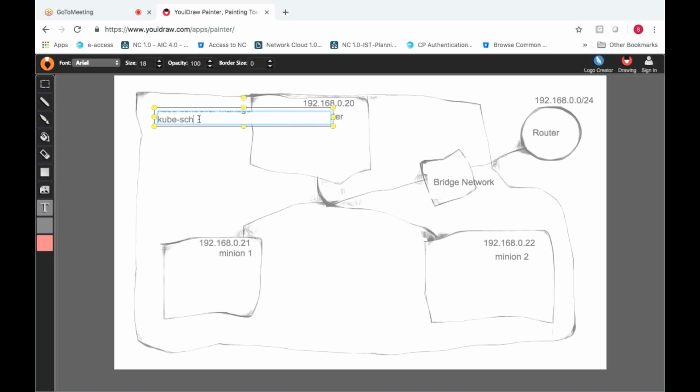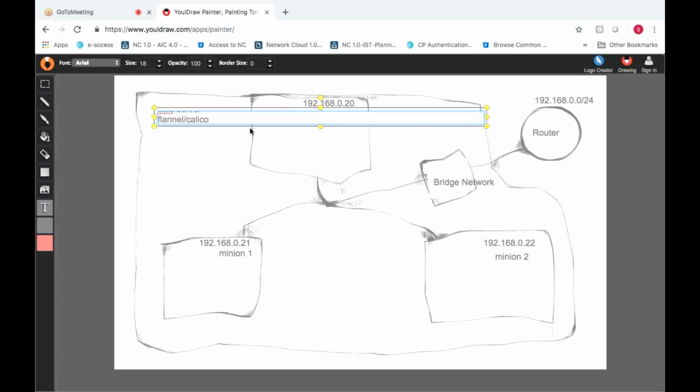Okay, and Docker will be installed by default. Of course, it needs to be present, and we have etcd, the etcd server. And then we need to have either Flannel or Calico, any other overlay network.